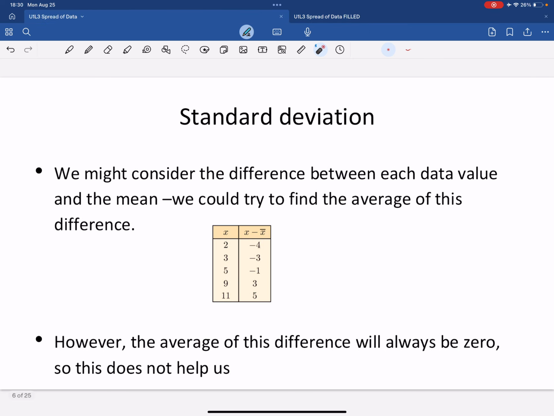Okay, standard deviation. So this is a big measure of spread. And we usually use it with the mean. Okay, so they usually go hand in hand. And basically what it is, right, is it's the average distance